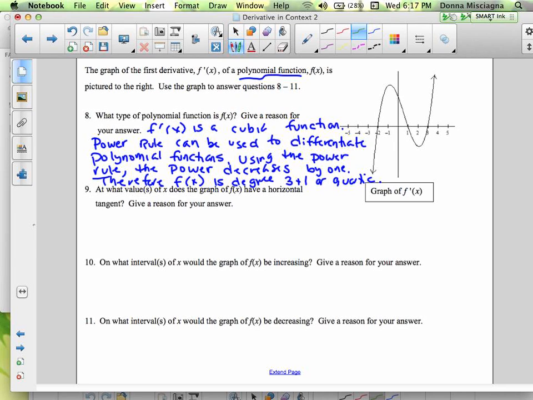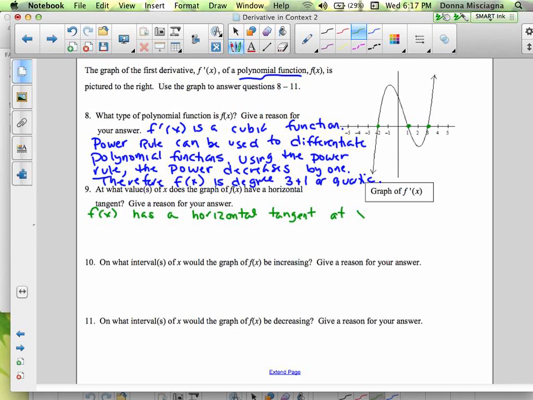Remember that the graph of the derivative is just the slopes of the tangent lines. So if we look, we have 3 places where f prime of x equals 0. Everywhere f prime of x equals 0, f of x is going to have a horizontal tangent. Now we're not saying yet that it's a relative max or a relative min. Could be. We have to look at what's happening to the derivative a little more closely, but f of x definitely has a horizontal tangent